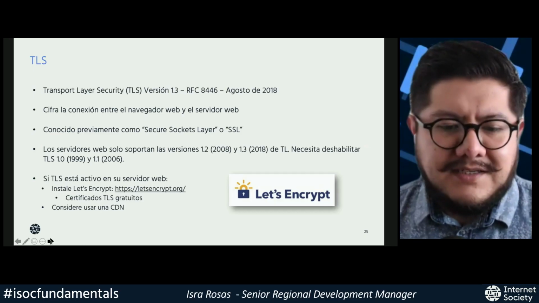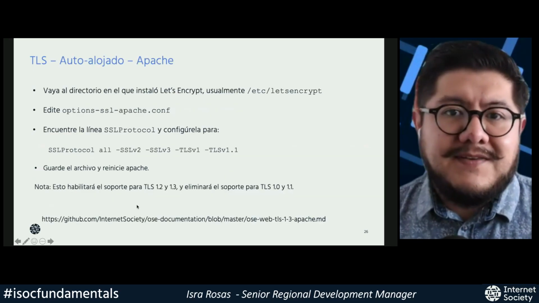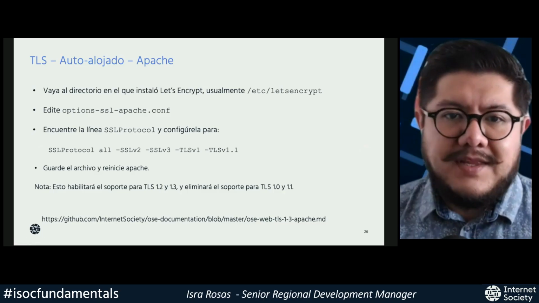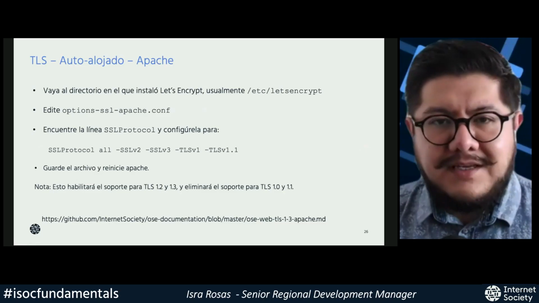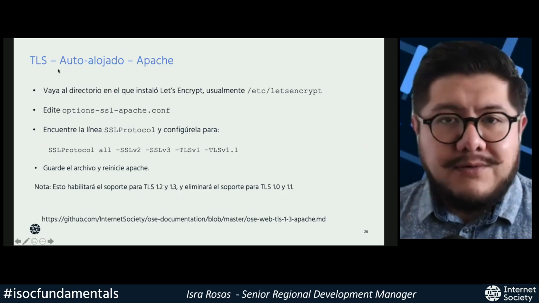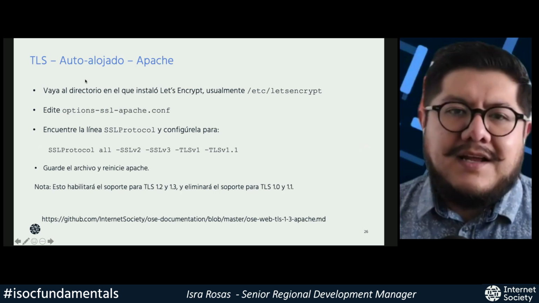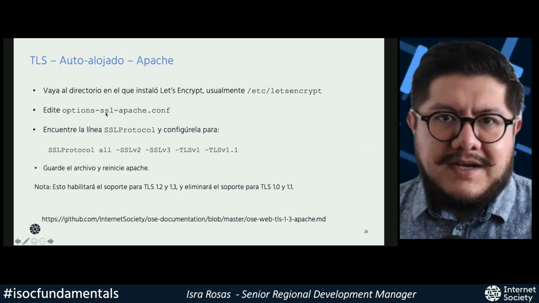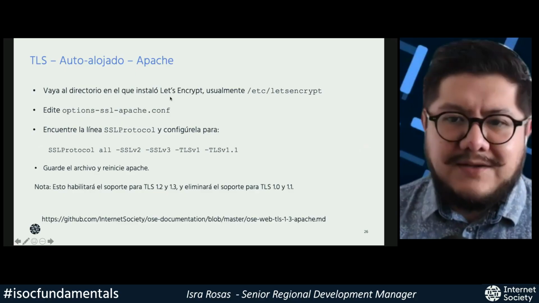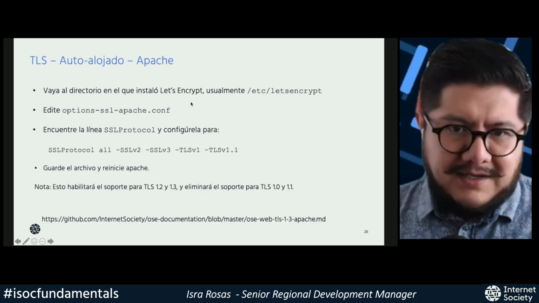Now, there are specific configurations for us to consider. There are, as I was mentioning, both for Apache and for Nginx. So whether they're self-hosted or hosted. In the case of the self-hosted servers that use Apache, the recommendation to configure this is to follow all of these instructions.